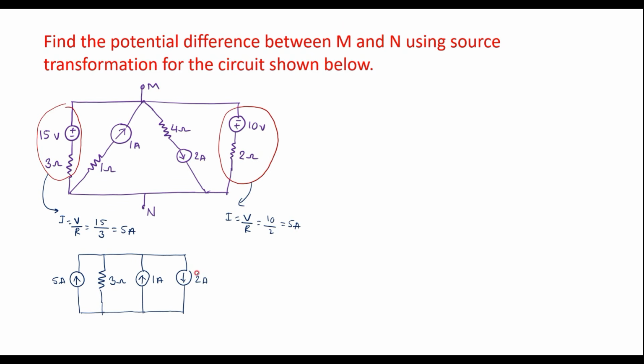Similarly, I will convert this into current source. The magnitude of the current source is 5 amp. Direction is down. The resistor associated with voltage source is 2 ohm is connected in parallel with current source, that is 2 ohm, and here we have M end and this is N. Further I will simplify here.